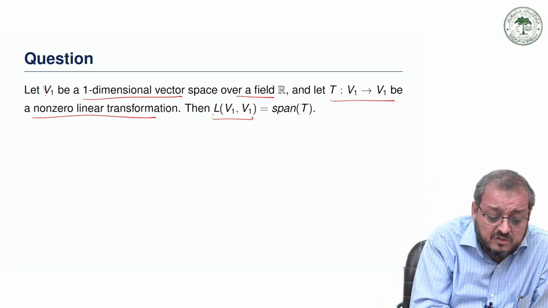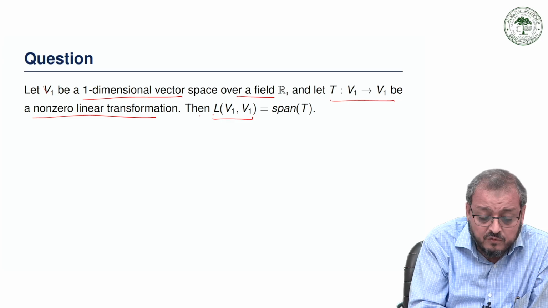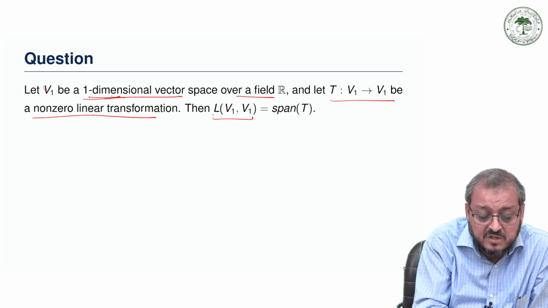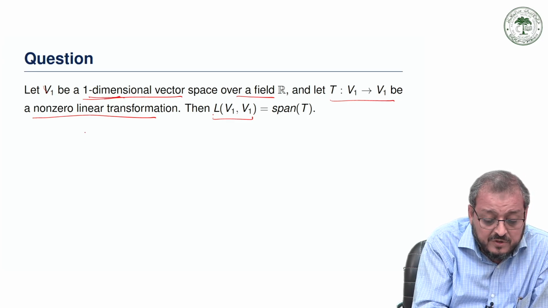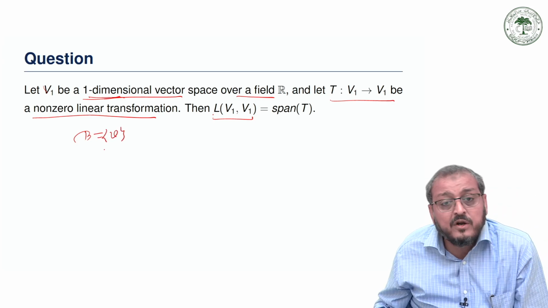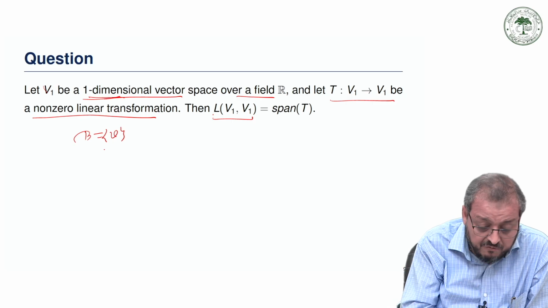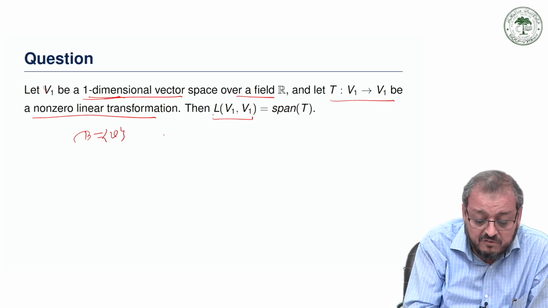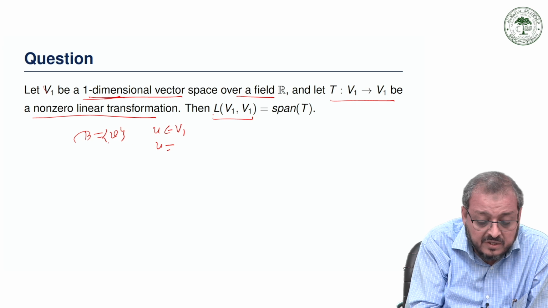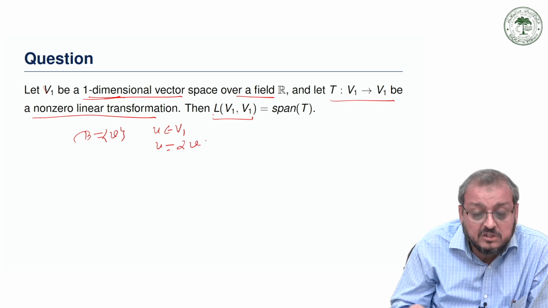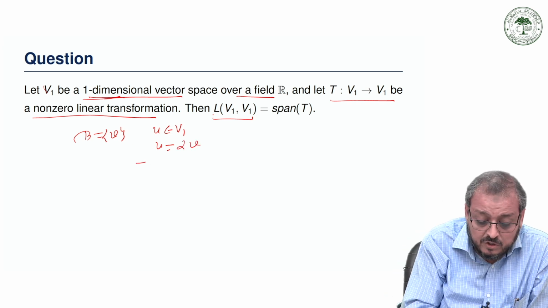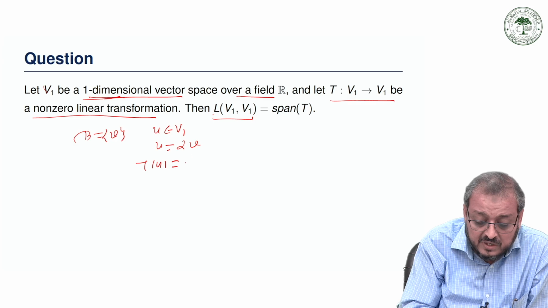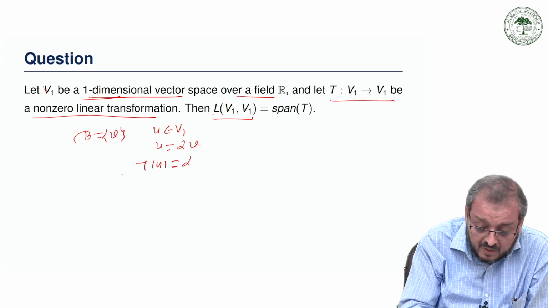Now V1 is a one dimensional vector space. So this means we have a basis of V1 with at least one element. Suppose V is an element of this basis. Then we suppose U is an element of V1, then U can be written as a linear combination of this basis, alpha V. The T of U is nothing but equal to alpha times